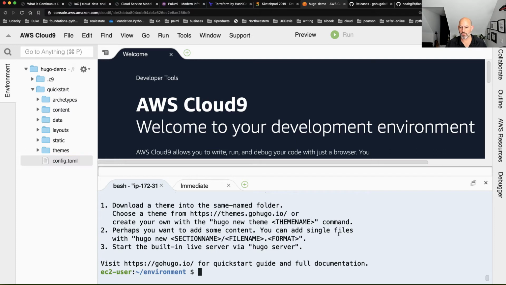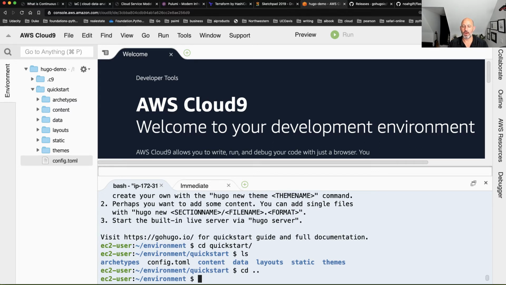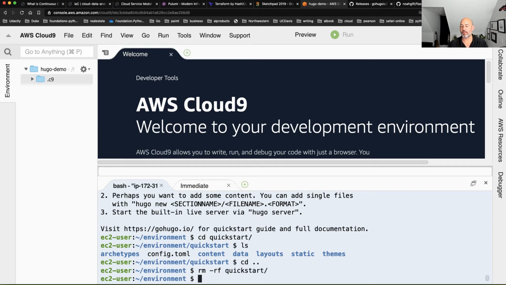So what I will do is cd into this. Actually, you know what I'm going to do before I do this, to make it a little bit easier, I'm going to remove this quickstart, and I'm going to first get GitHub set up, because GitHub is going to be the thing that does the auto deploy.